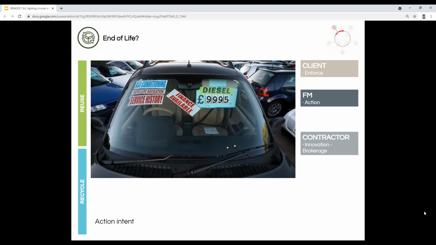And this is, yeah, a humorous slide, new second-hand car. But if you have a look at the window, there is a basic specification description. There is a service history, as in how long it's been used for, and that gives value. Without that information, that has no value. It's worth 50 quid for a scrap. And we need to start providing this kind of information for the equipment that we're specifying and making, because that will give it value when it may not have run out of service life, but it's come out at its end of project life. Next slide, please.